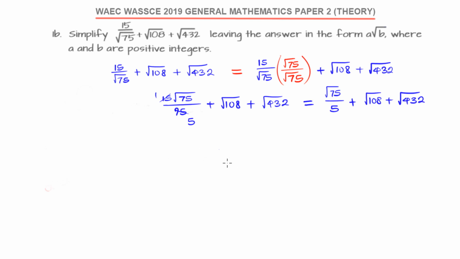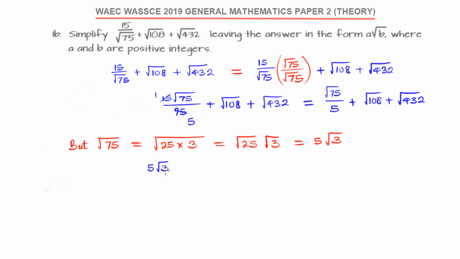Now, root 75, how can we simplify that? We know that root 75 is the square root of 25 times 3, okay? And root 25 times 3 is root 25 multiplied by root 3. Now, square root of 25 is 5, and we still have root 3. So we can use this in our first expression. Instead of saying we want to write root 75, we can say that is 5 root 3 over 5 plus,